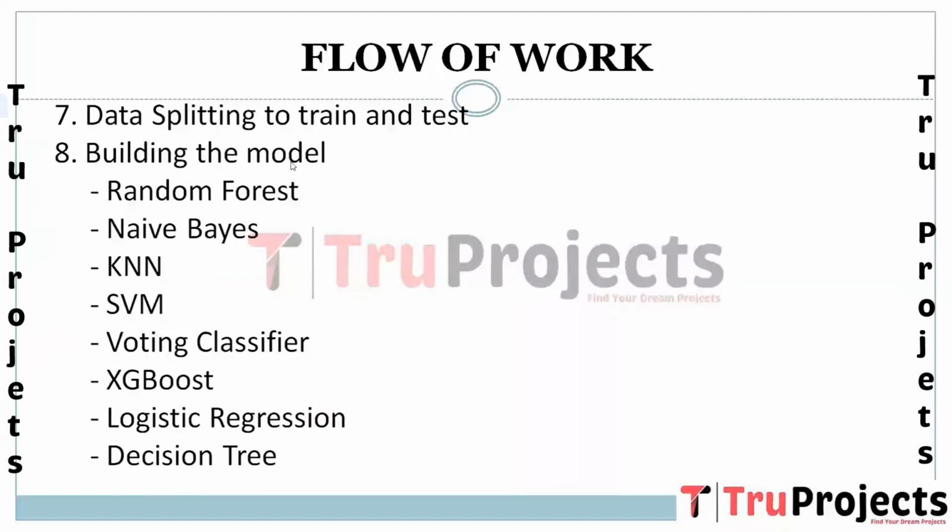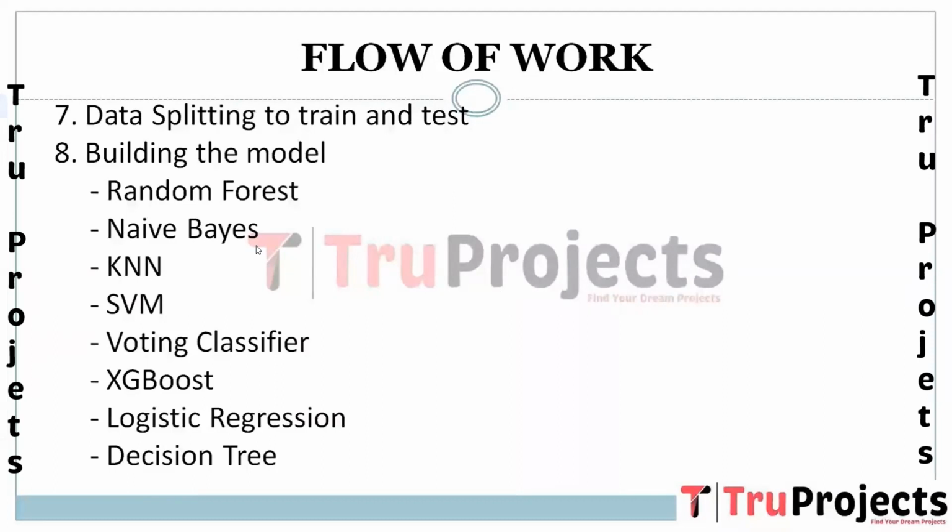Next here we have building the model. The first one here we have random forest. It is an ensemble learning method that combines multiple decision trees to make predictions. Next here we have naive Bayes. It is a supervised machine learning algorithm that is used for classification tasks. It is based on Bayes' theorem, which is a formula for calculating the probability of an event occurring given the